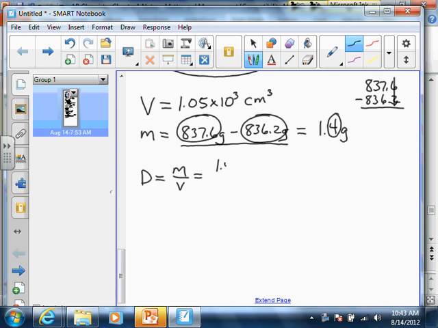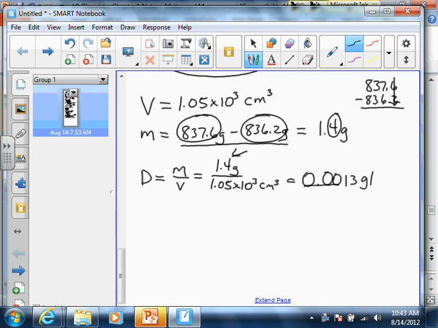So when we plug that in, 1.4 grams divided by 1.05 times 10 to the third centimeters cubed. And now we're doing a division, so we find the one with the lowest number of sig figs, which is going to be our top one here, the 1.4. That only has 2 sig figs, so we're going to round our answer to only 2 sig figs. Our density here is a low number. It's 0.0013, okay? And that's going to be the right number of sig figs because these zeros are before a number